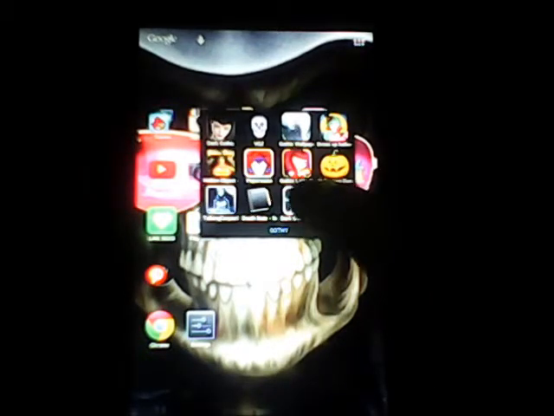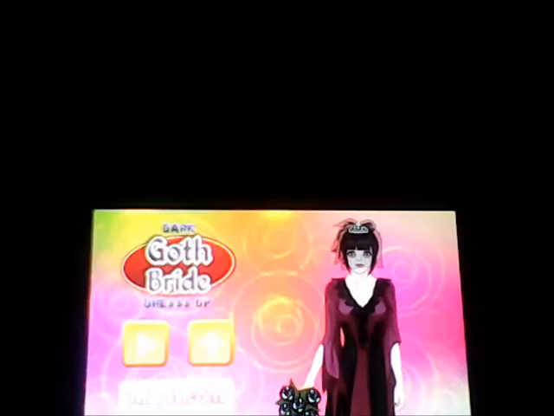Two more, called Dark Goth Bride. I'm going to go back to this. And a dress-up game. So you want to play. Yeah, okay. That's not what I asked for. The music in this one's really annoying. But she's got some pretty cool outfits. She's got some pretty cool hair to choose from. And you can even change the hue of the hair, the different colors, the brightness of the hair, contrast, which I don't really see doing much, but